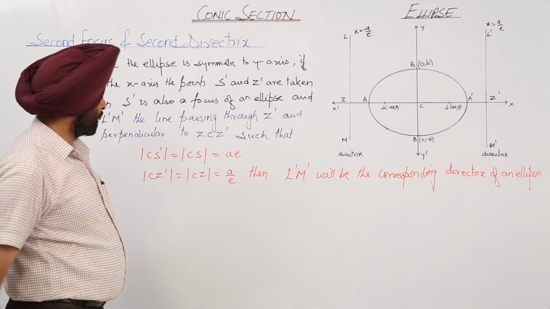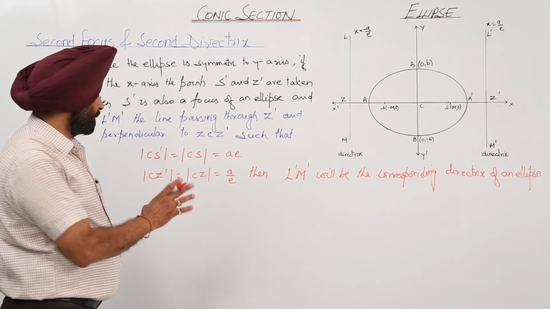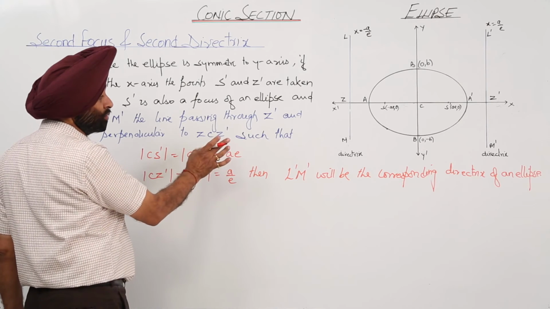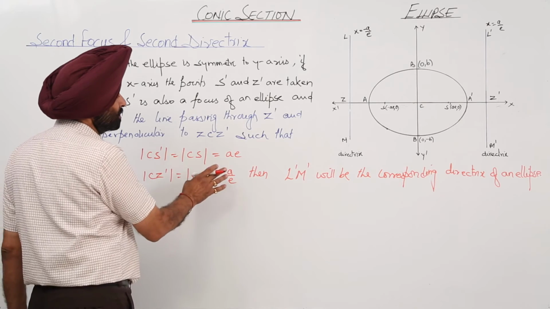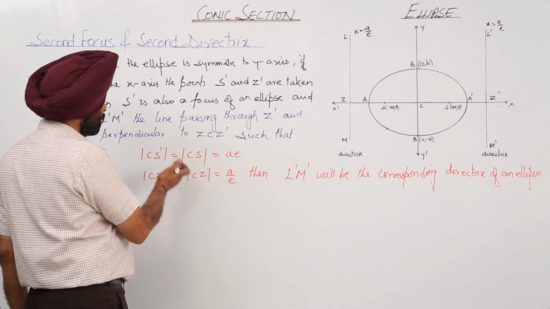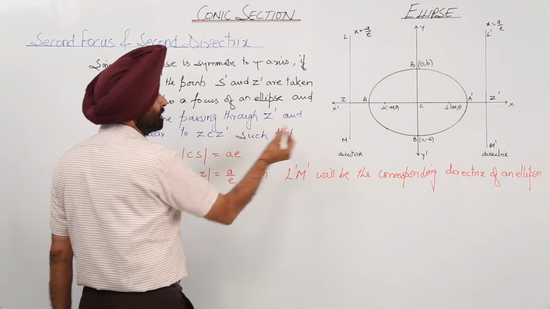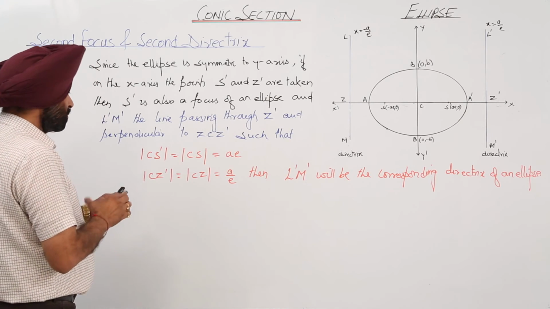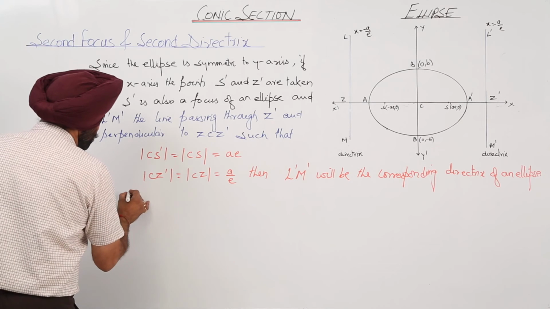Is it clear? Now this was the equation of the directrix, we have already done it. So the distance between CS dash and CS is equal to AE, and CZ dash and CZ is equal to A upon E. Okay, so now what this shows is that